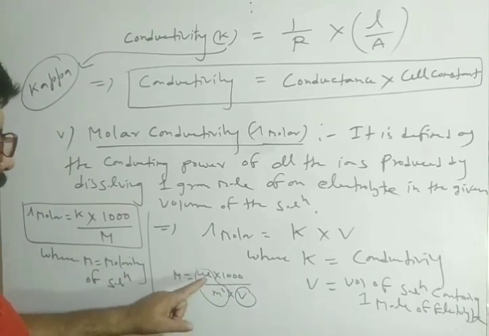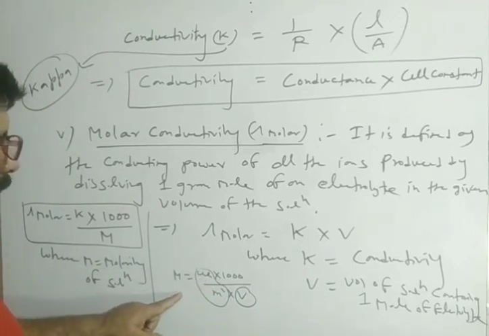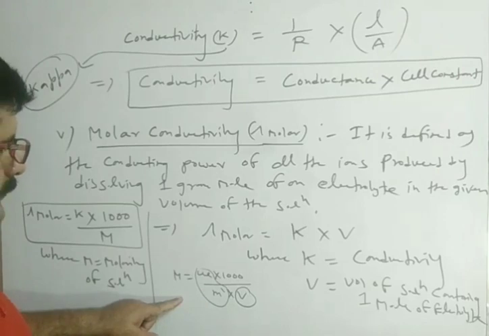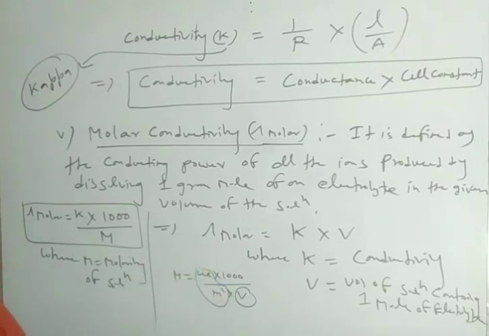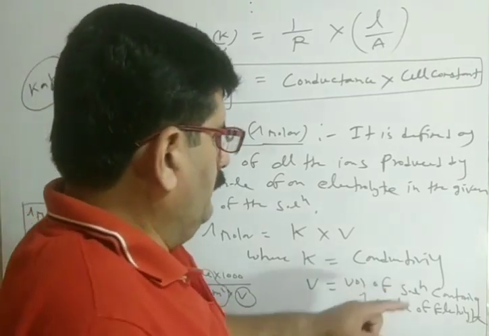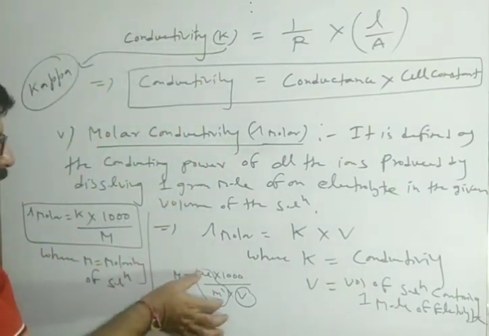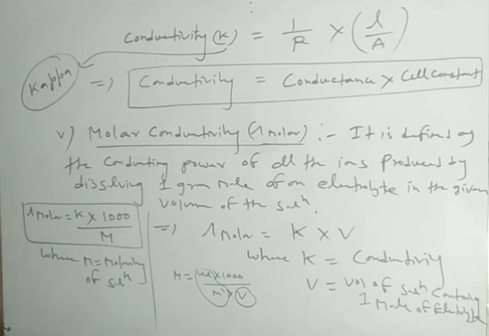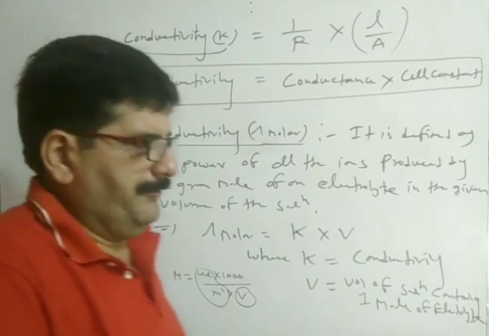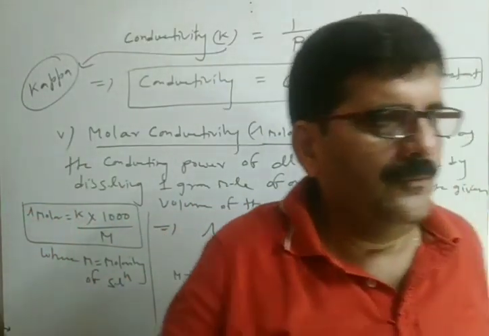You can calculate the volume of solution containing electrolyte. So if this is 1 mole, instead of V, you can write 1000 divided by M. So molar conductance is equal to K into 1000 divided by capital M, where M is equal to molarity of